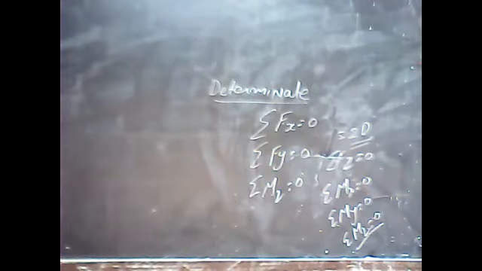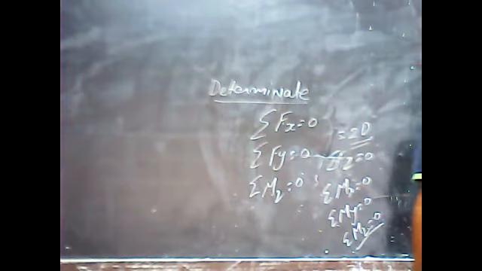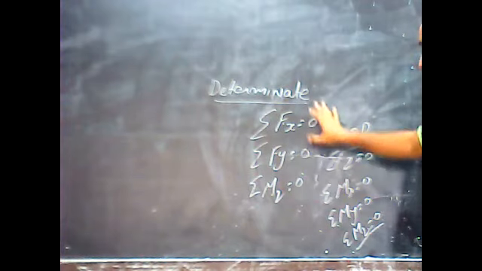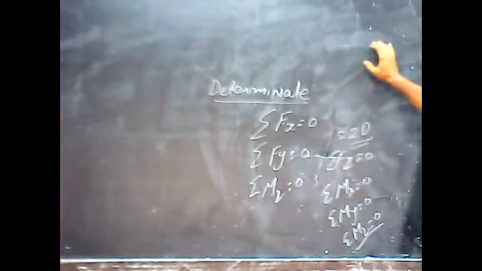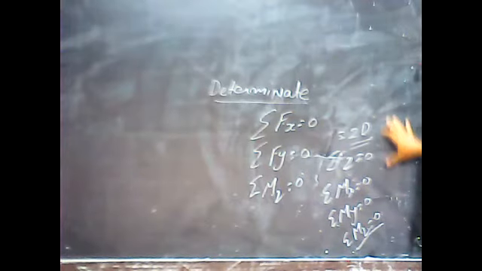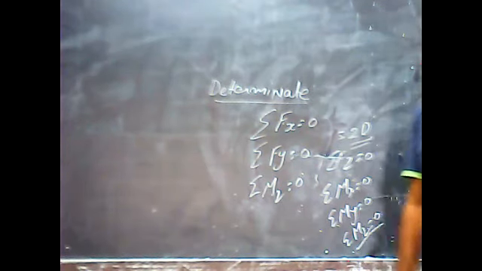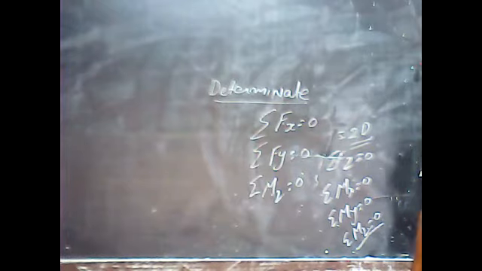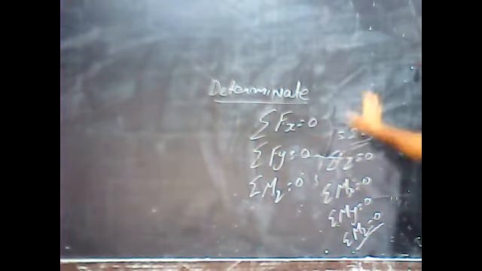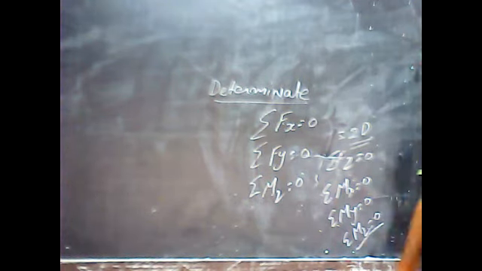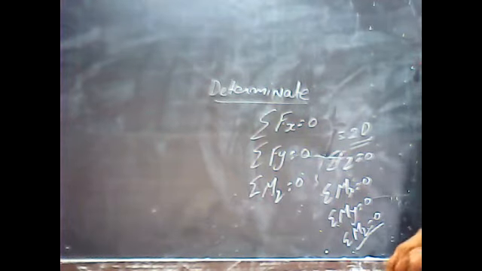So if we are able to solve the problem by using these available equilibrium equations in case of 2D and 3D, in that case we call it a determinate structure. And if we are not able to solve by using these three equilibrium equations for 2D structures, we call it an indeterminate structure. For 3D, the same: we have 6 equilibrium equations for solving the unknown forces in the structure, whatever kind of structure it is. If we can solve our problem by those equations, we call it determinate, and if we are not able to solve it, it is called an indeterminate structure.